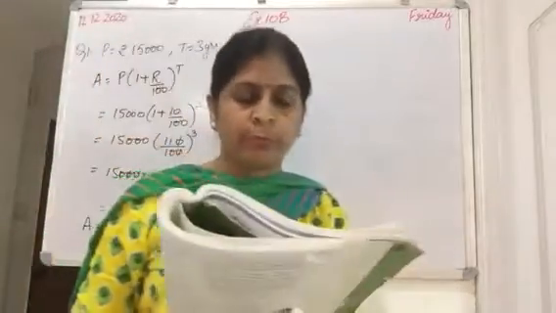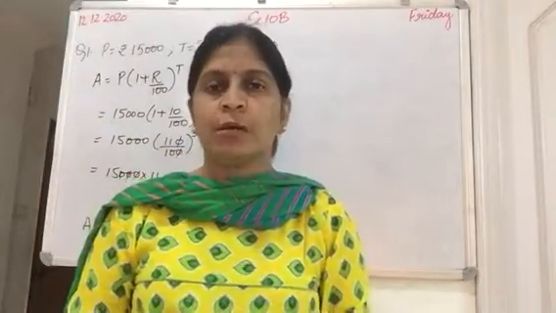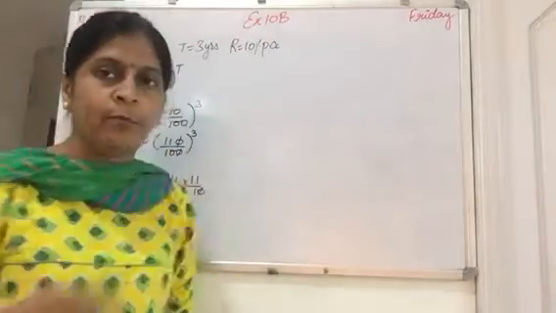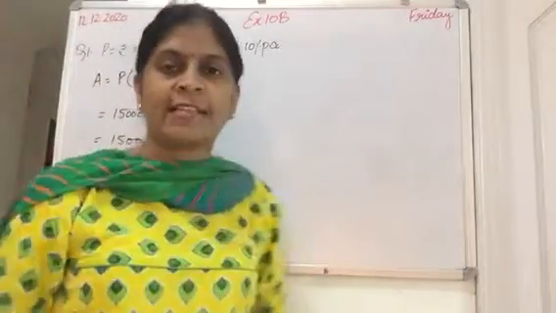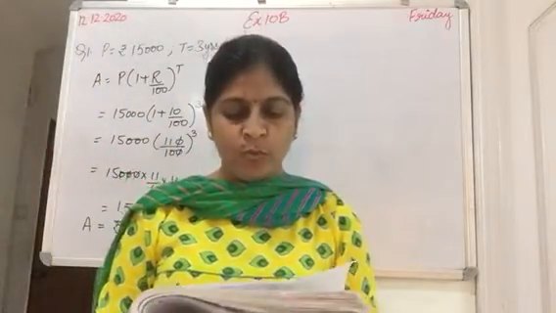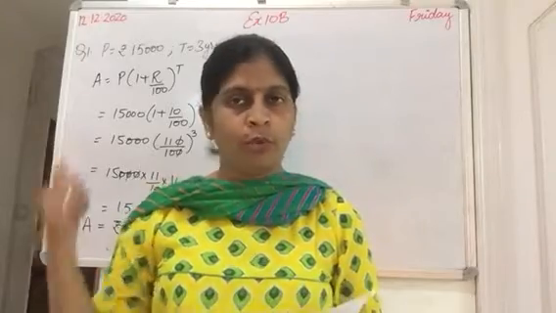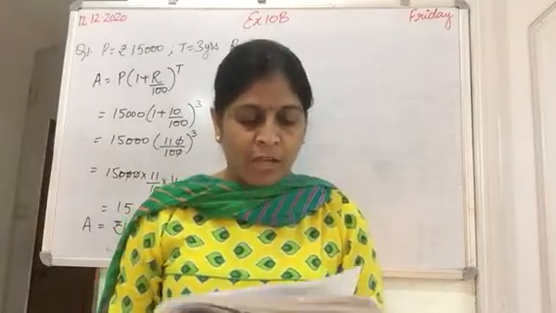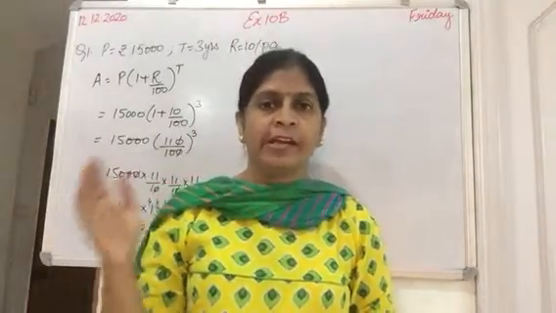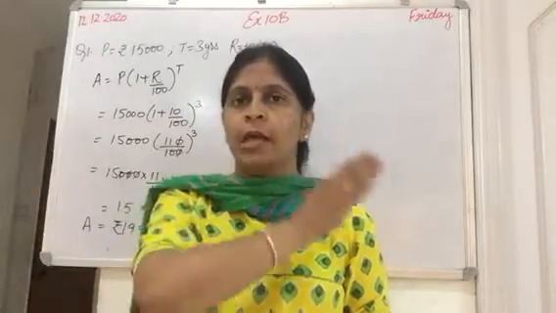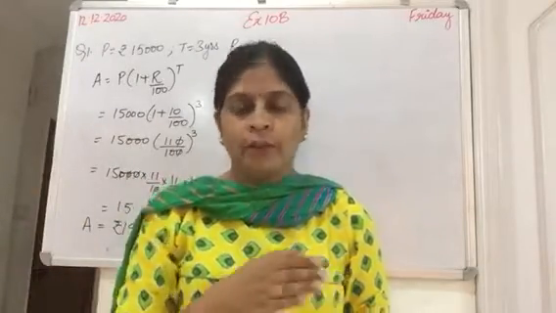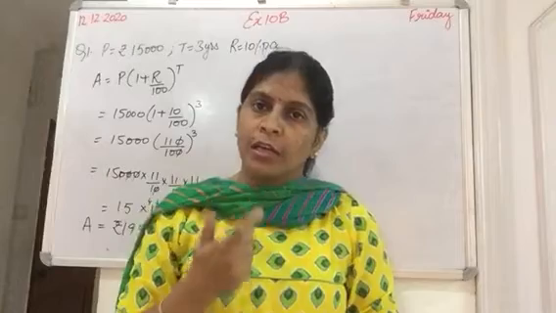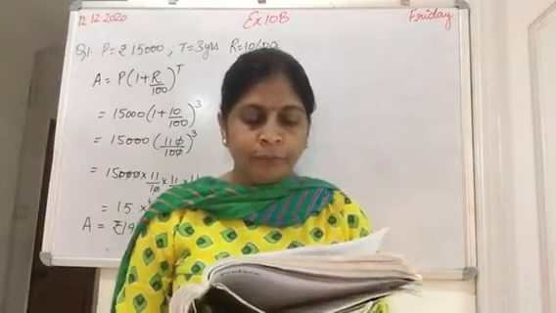I just explained question number 2. Find the difference between compound interest and simple interest. So you calculate both, simple interest and compound interest, as I have given in the example in my previous video. For a sum of rupees 12,000, in both cases principal will be 12,000, rate will be 12% and time will be 2. You calculate by yourself and then find the difference, CI minus SI. Clear about it? So this is your homework.